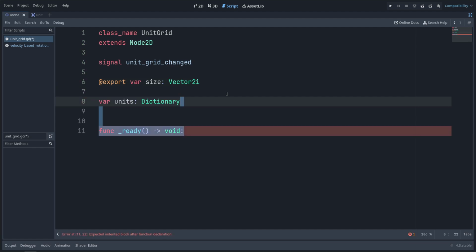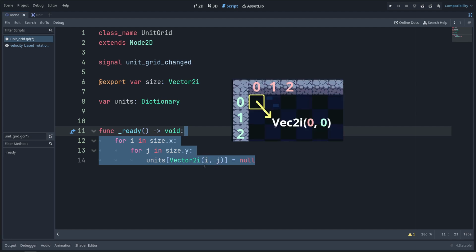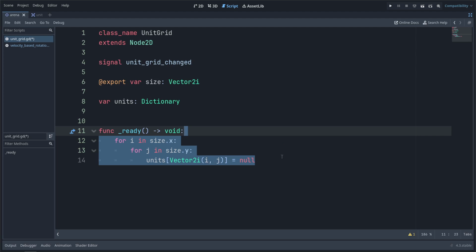So inside our ready callback, what we do is we initialize the dictionary. So we need a double loop for this one. We iterate through all the x positions, then all the y positions, and say that the unit dictionary's value should be null in that given coordinate, this key, right? So we take the coordinate, create a new Vector2i on the current position. So for example, for the first one, it will be 0, 0, and say that, okay, at 0, 0, there's no unit. And we do this for all the available positions,